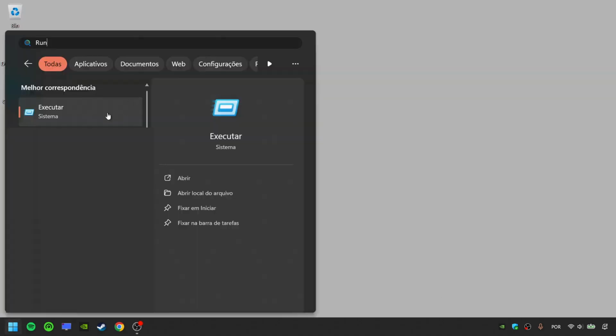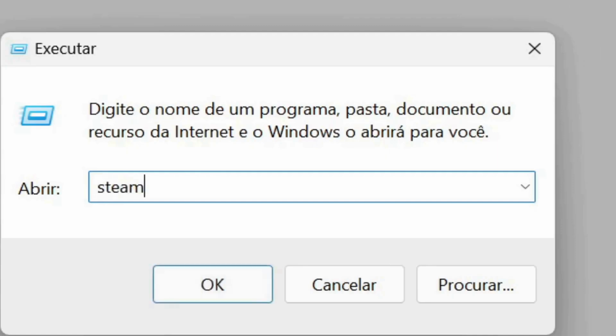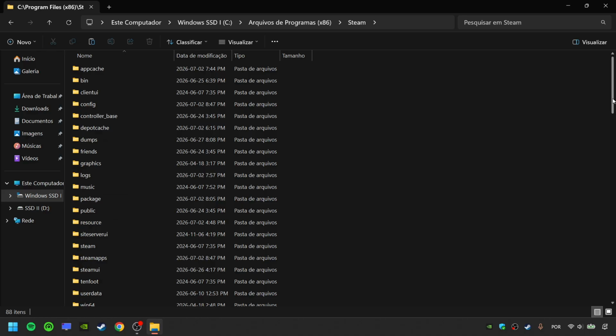Click on the Windows icon. Write Run and click on it. And write Steam flushconfig and click on OK. Go to the Steam folder, scroll down,